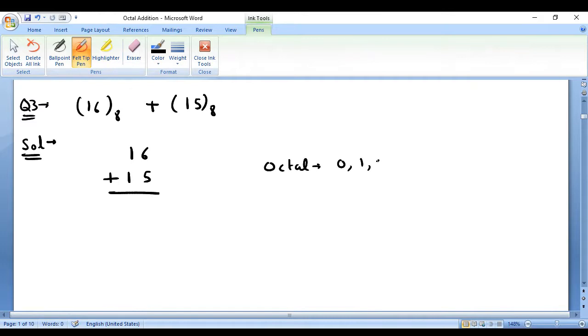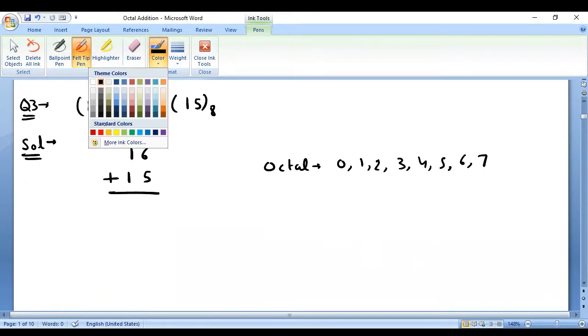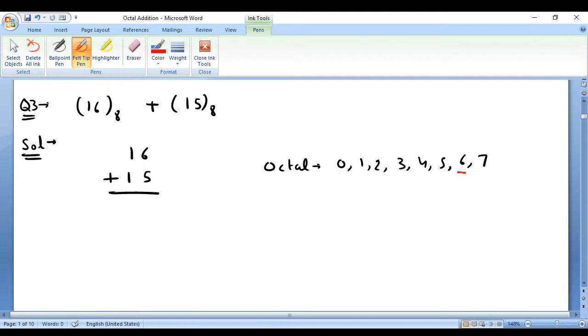So let's write quickly the numbers for the octal system. So the last number is 7, right? Okay, now the given number is 6 and in that you have to add 5. So this is first, and after 7 there will be a carry, obviously, right? We will write the carry here also. So this will be the second number. 7 was the first number, 0 second, then third, then fourth, then fifth, right?